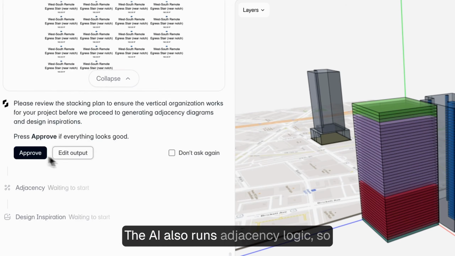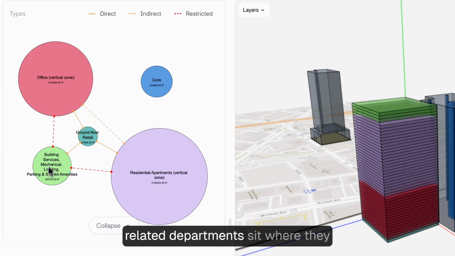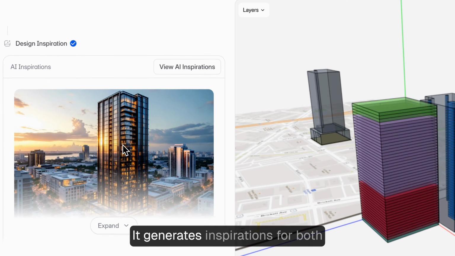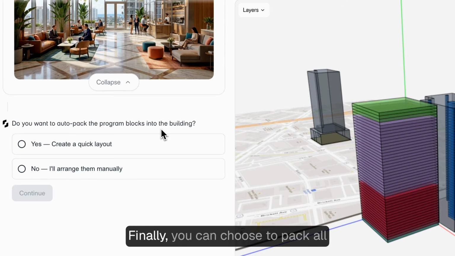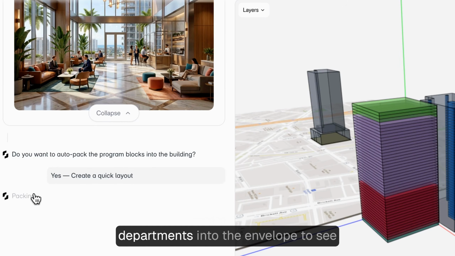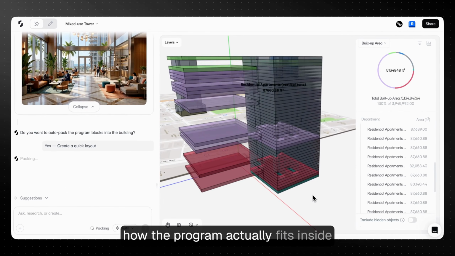The AI also runs adjacency logic, so related departments sit where they should. It generates inspirations for both exteriors and interiors. Finally, you can choose to pack all departments into the envelope to see how the program actually fits inside the